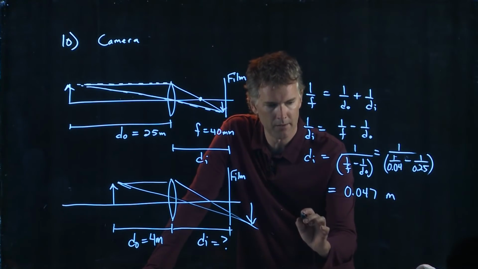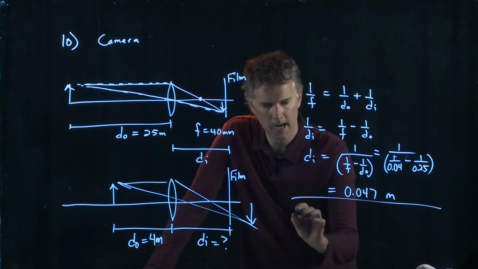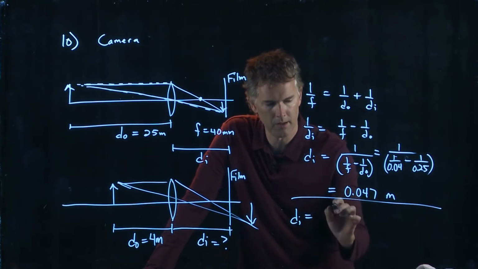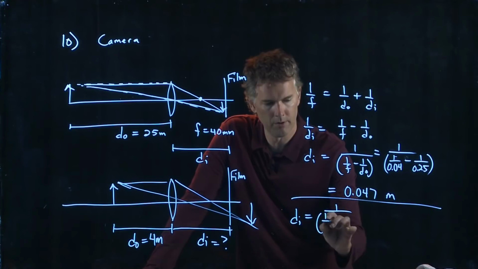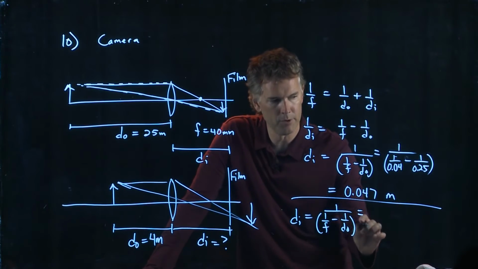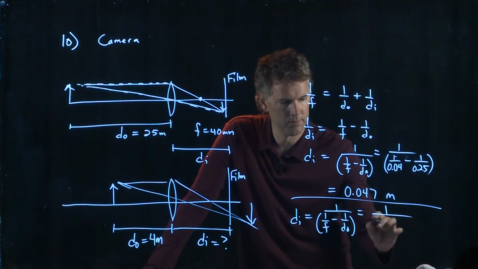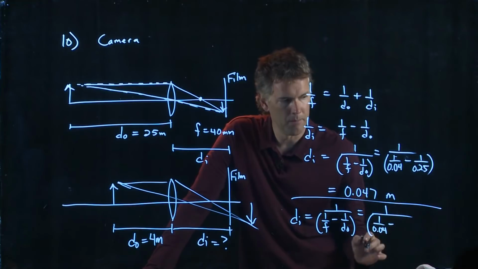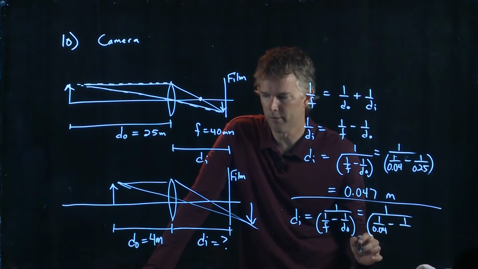We know DI in this case. DI is going to be this thing, 1 over F minus 1 over DO. But we have new numbers for DO. So we have 1 over 0.04 minus 1 over